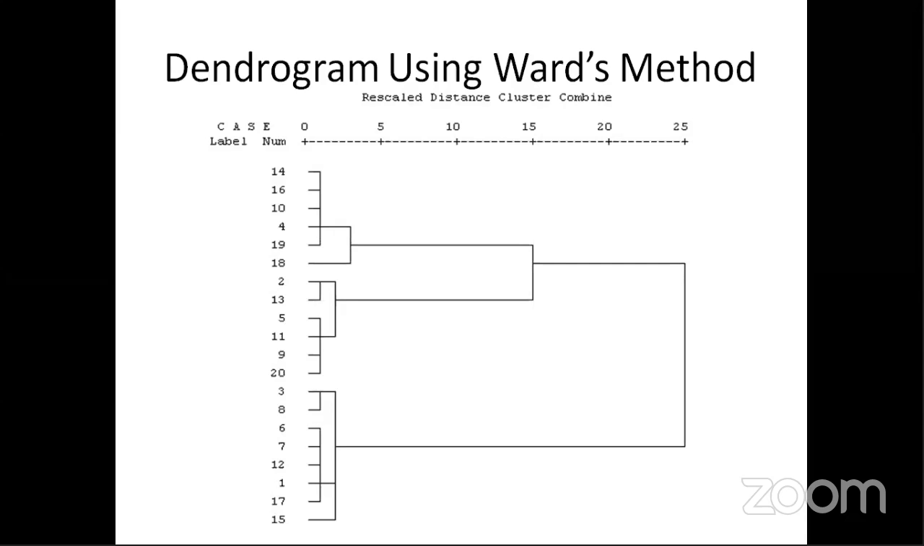फर्स्ट स्टेज में इस तरह से डिसाइड करेंगे। अगर आपको चाहिए, if you want 3 क्लस्टर, तो कौन कौन से केस जाएंगे? फर्स्ट क्लस्टर में होगा, in the first cluster I will get case number 14, case number 16, case number 10, case number 4, case number 19 and case number 18। अगर आपको 3 क्लस्टर चाहिए तो सेकेंड क्लस्टर में होगा केस नंबर 2, केस नंबर 13, केस नंबर 5, केस नंबर 11, केस नंबर 9, केस नंबर 20 एंड लास्ट में होगा 3, 8, 7, 12, 1, 17 एंड 15।